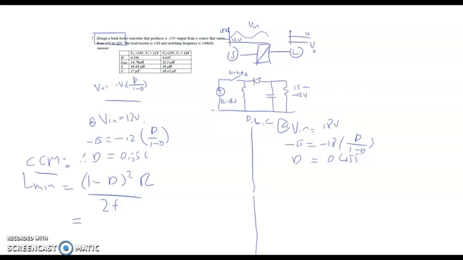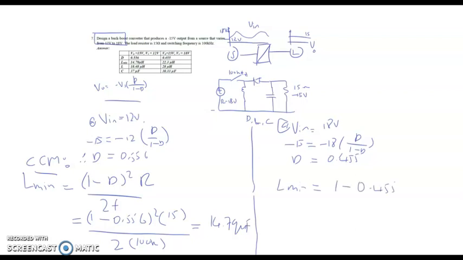So for the 12 volt condition, (1 minus 0.556) squared times 15 divided by 2 times 100K. So we get the L minimum of 14.79 microhenry. So for 18 volt, the value is (1 minus 0.455 duty cycle) squared times 15 divided by 2